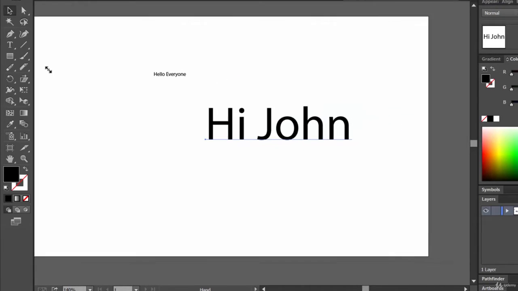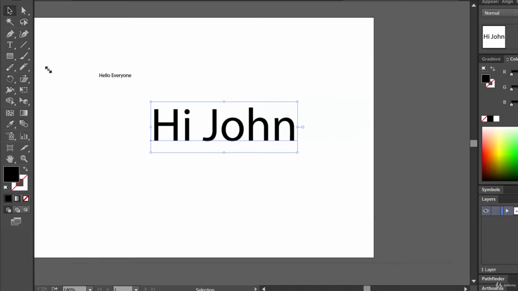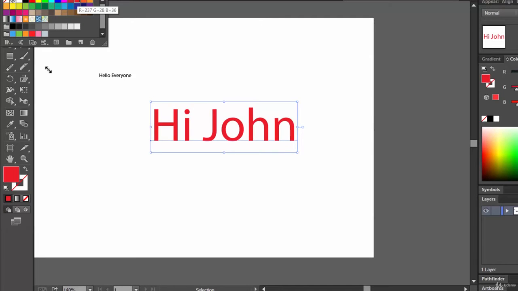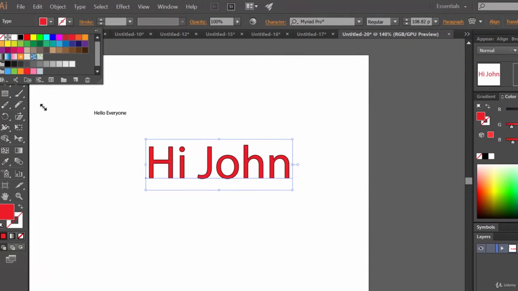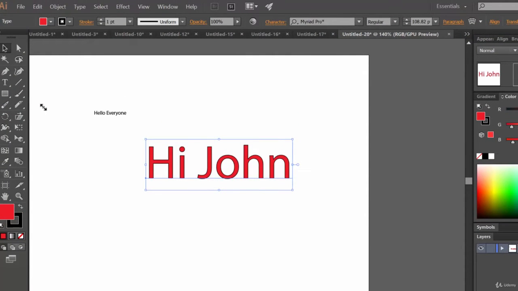Just like this. And you can also provide a fill color to this, and you can also provide a stroke color to this. You can increase your stroke size.